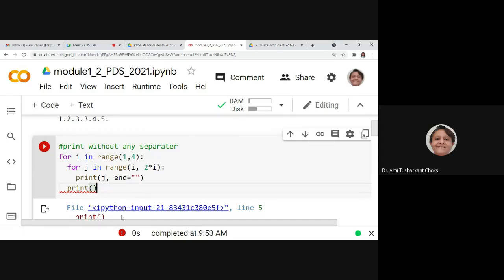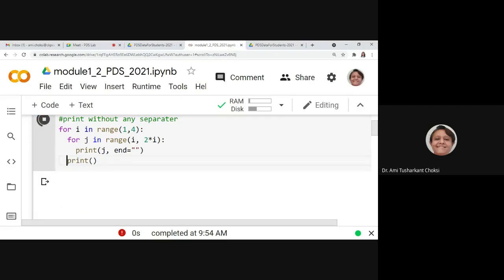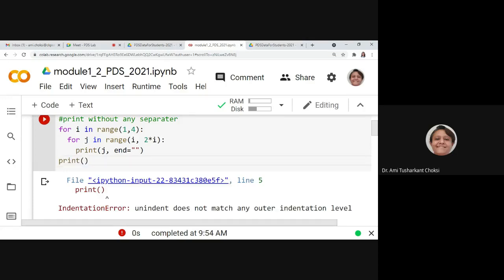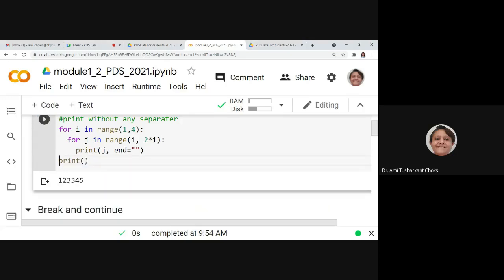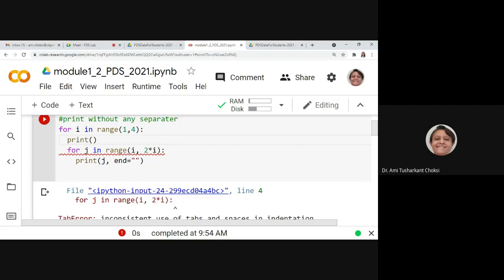What happened? Oh, indentation. Ah, it is nested, right?